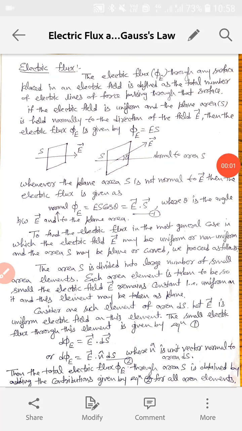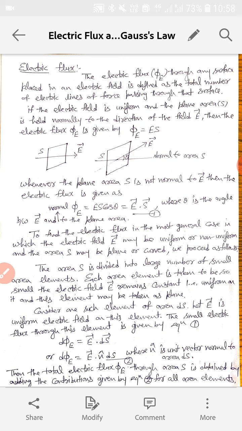Hello student. So today again we will discuss another topic which is electric flux, which we have some idea of from our last lecture. What is electric flux? So electric flux is represented by phi E. Okay, so the electric flux through any surface placed in an electric field E is defined